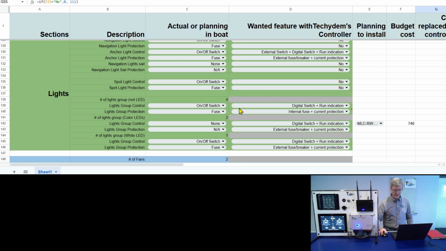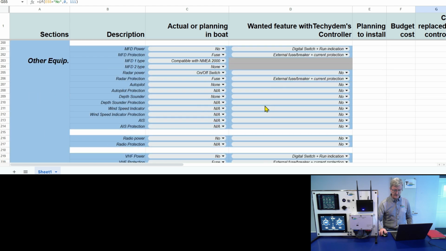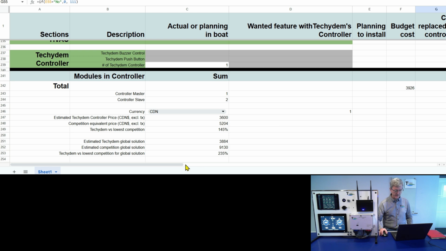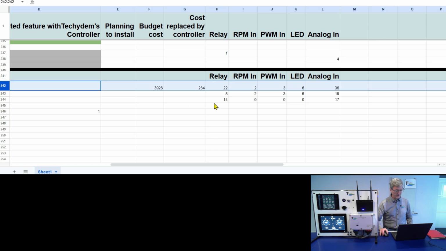So you fill out all these things, and at the end, if we look right here, we see the sum. So this row tells us that for that specific spreadsheet that I have filled, 22 relays are required, 36 analog inputs and 6 LEDs.